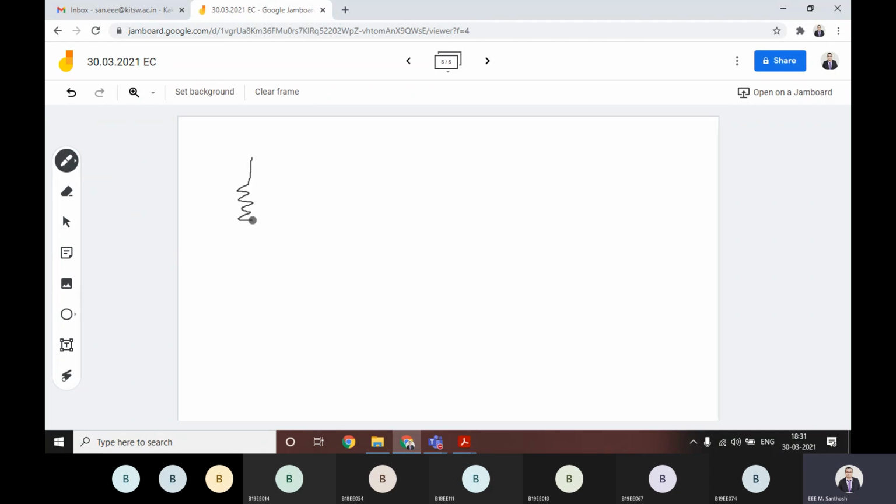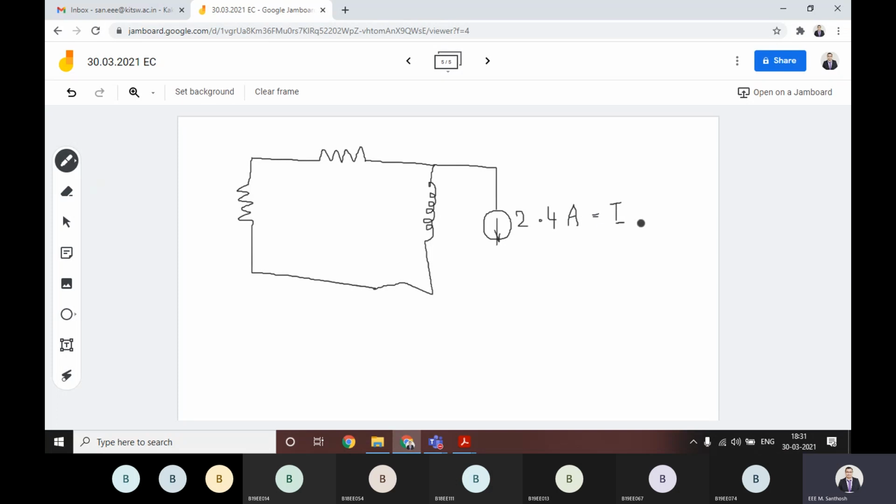there is a resistor and there is another resistor directly you have inductor, that inductor value here, the current which is equal to 2.4 amperes. This is I naught, right? Then